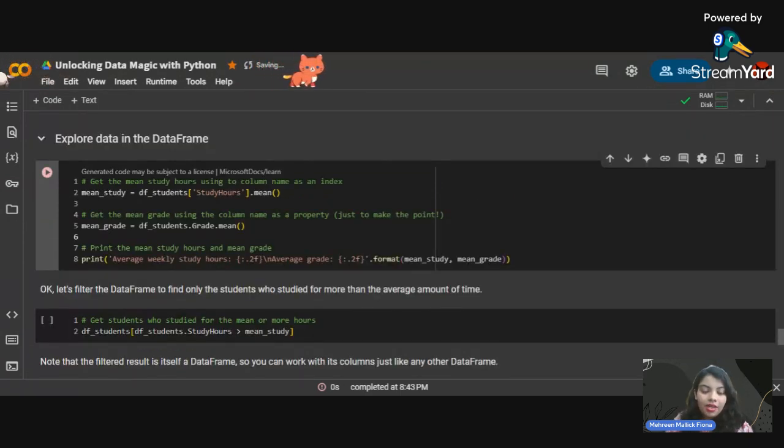Let's explore another example. Now that we are familiar with some basic operations of the pandas library, let's see an example. If we want to calculate the mean on the data frame, we have to use a certain column here, which is study hours, not age.